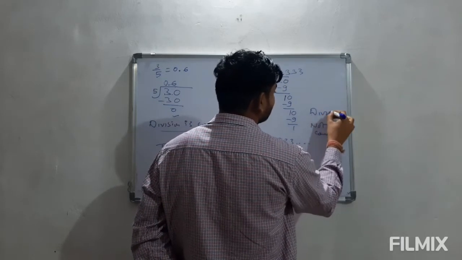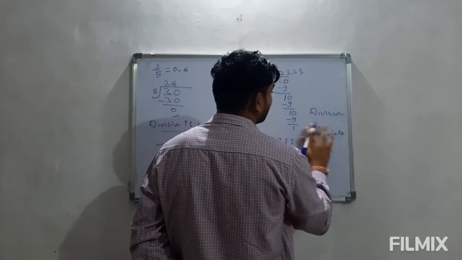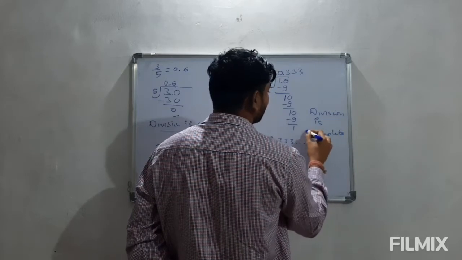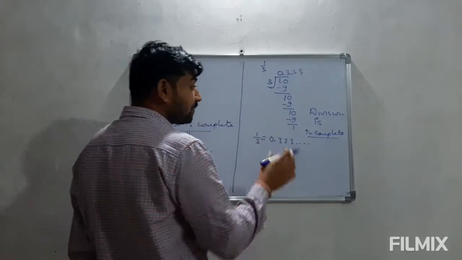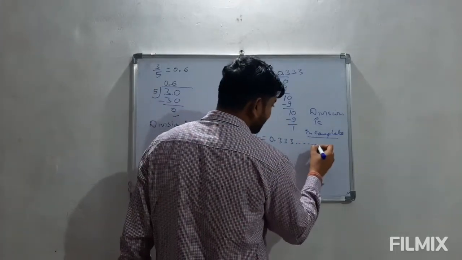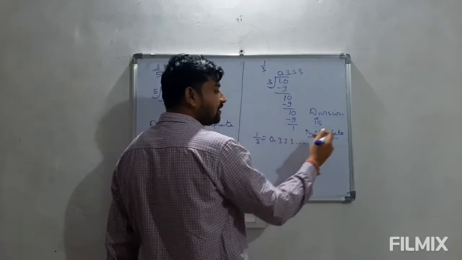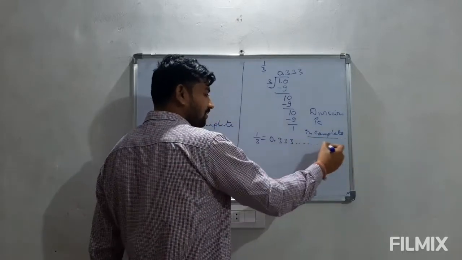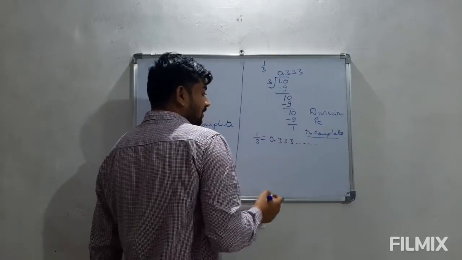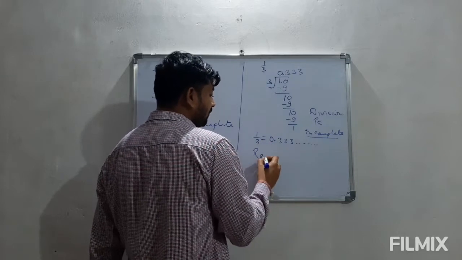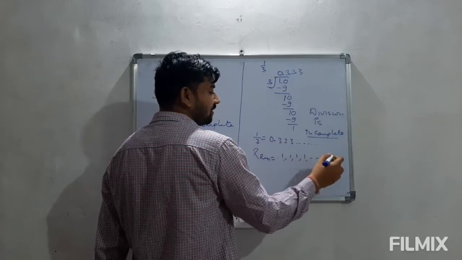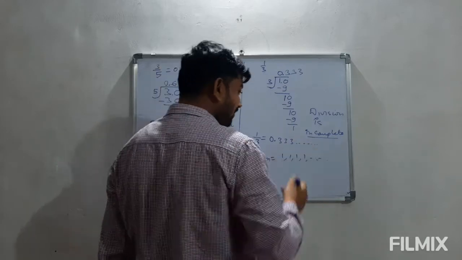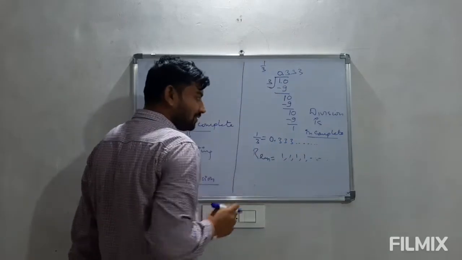Division is incomplete. It is incomplete division, means we cannot get remainder 0 here. So we are writing dash 0.333 and so on by putting these kind of dashes. Now if we talk about remainder here, the remainders are coming out to be constantly 1 like this, as well as in the question part we are getting 3.